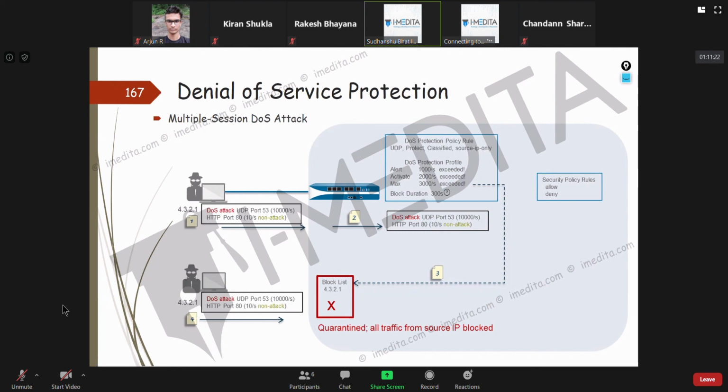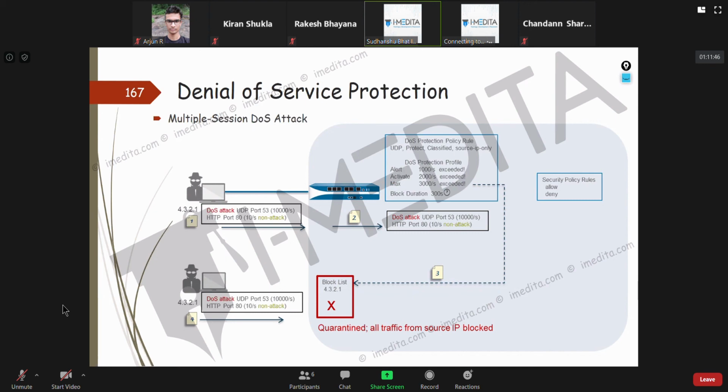Now, sometimes what happens is, even these days there are government-sponsored hacking attempts, or denial of service attempts, by various countries. I won't name any particular one.